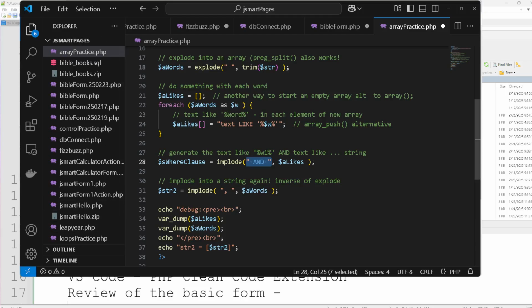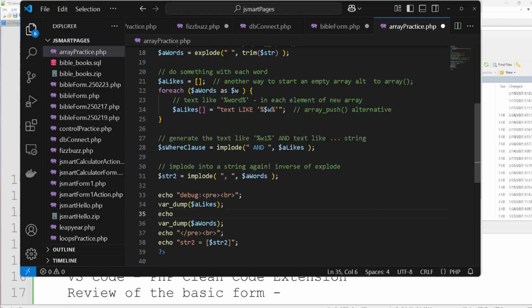Now where was I? Yeah, we're putting that and in between each of those. And now let's see, save that. And let's see if we get our where clause. Oh, I want to do an echo of my where clause. So we'll do an echo $swhere